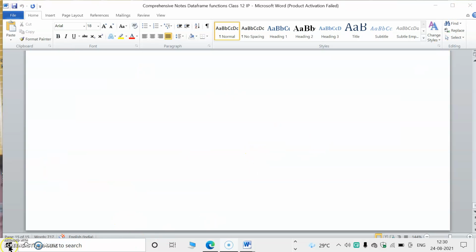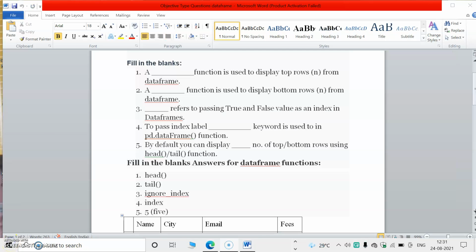Now let's discuss some objective questions. First question: a dash function is used to display top rows from a data frame. It is the head function for top rows; bottom rows would be the tail function. Dash refers to passing true and false values as index in a data frame.